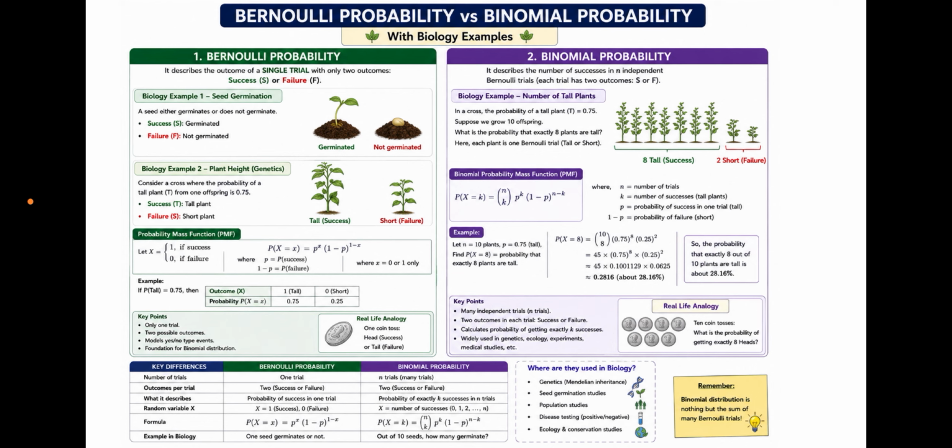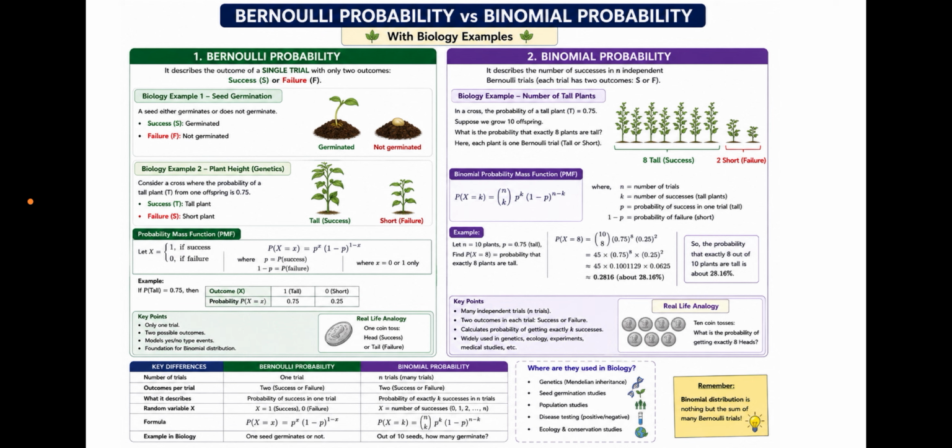Bernoulli probability is used for a single trial or a single event, where the event must have two outcomes like success or failure, head or tail, germination or no germination, tall plant or short plant, like that. Two outcomes for a trial must be there, and it is applicable only when one trial or one event